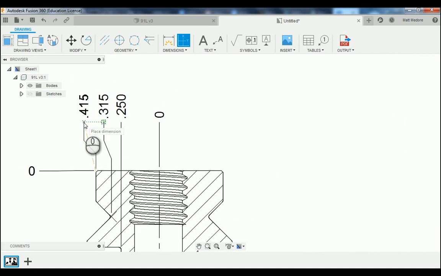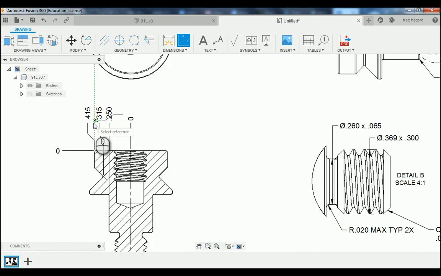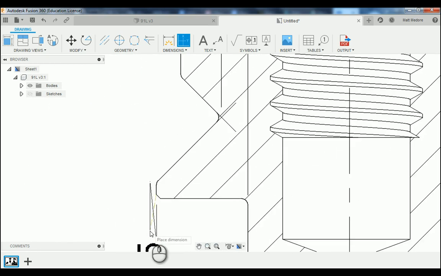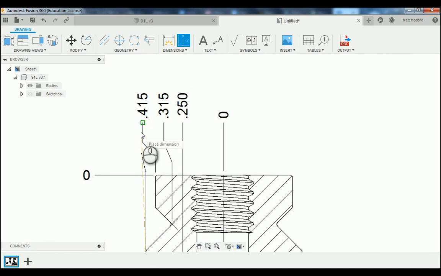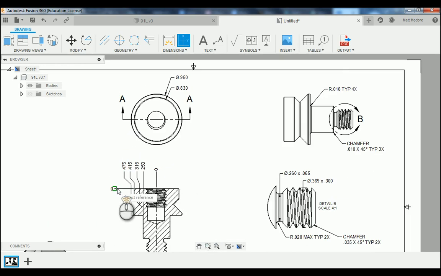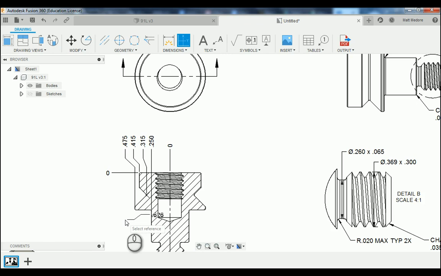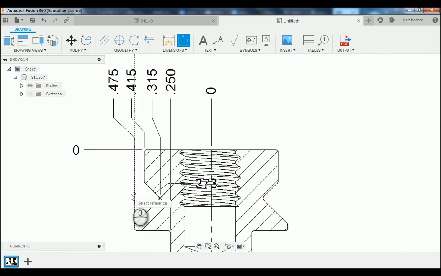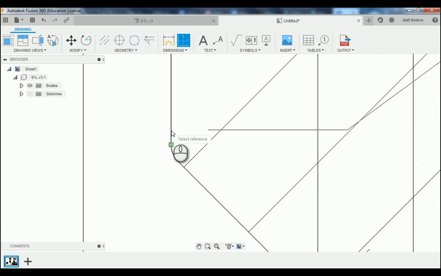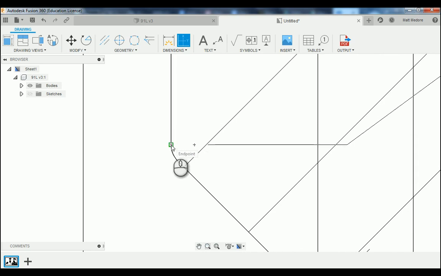Now that we have our horizontal measurements in place, we're going to start adding in our vertical measurements. This particular measurement here, we're going to reference off of the endpoint of our arc on both sides. We're going to drag our mouse to the center where those intersect and drag our mouse over, and again referencing off of the previous extension line, the back side of this flange,